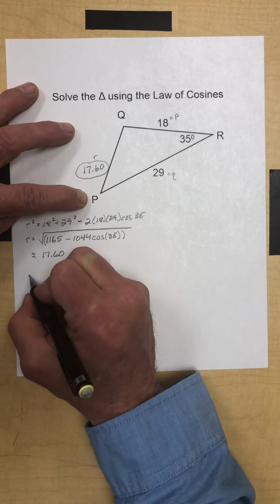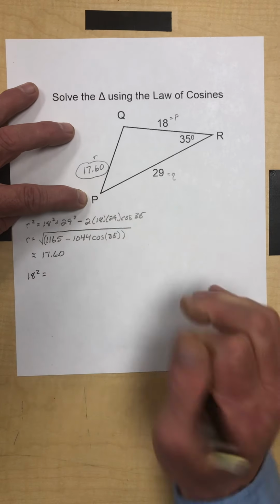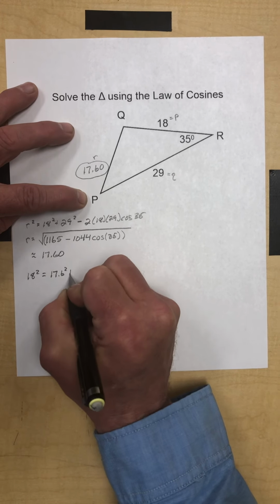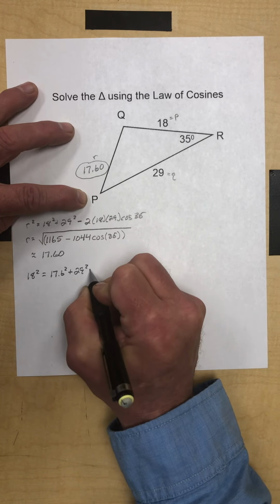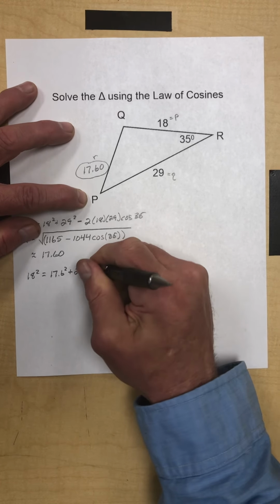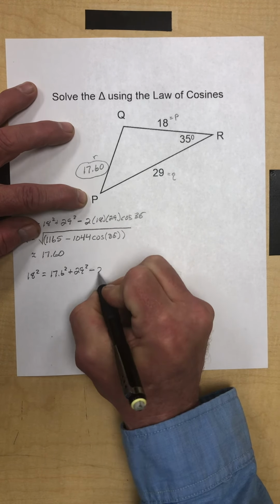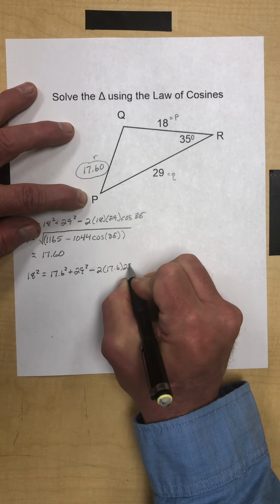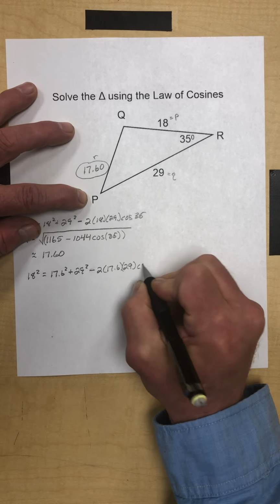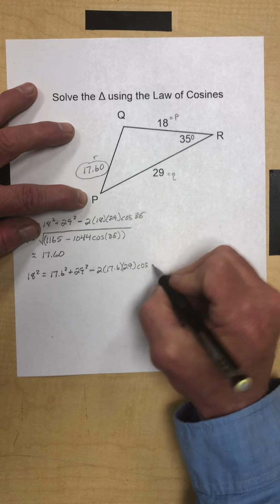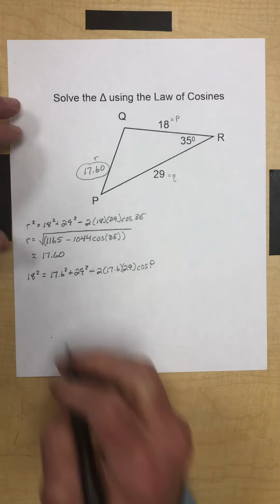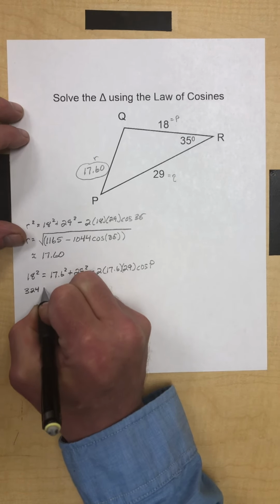So I go 18 squared equals the sum of the squares of the other two sides, so 17.6 squared plus 29 squared, minus, my fault guys, minus 2 times both of these sides, 2 times 17.6 times 29 times the cosine of angle P. Okay, all right, so let's see what we're going to do here. I'm going to clean things up. 18 squared is 324. So 324 equals, let's see,